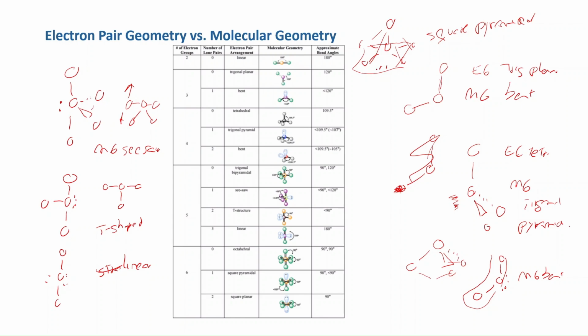The only other case we're going to see is if you have two lone pairs, always put the second lone pair in the opposite position from the first one. So in this particular case, you're going to have four atoms, one lone pair on top, one on the bottom. That's a plane. So that's a square planar.